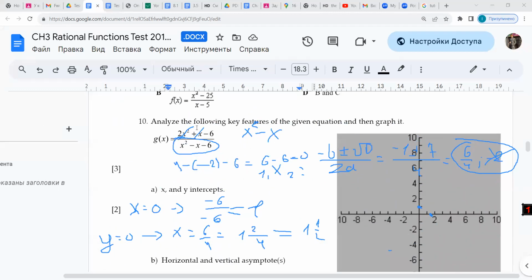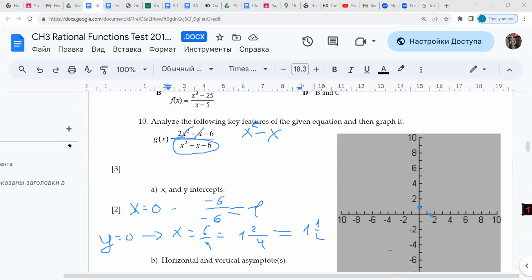So what I want to do is, I'm going to keep writing here until I can't. I'll clean this. We don't need this anymore. We only need those 2 points, x and y-intercept. So x squared minus x minus 6, let's set it equal to 0. Using discriminant, it would be b squared minus 4ac equals 1 plus 4 times 6 times 24